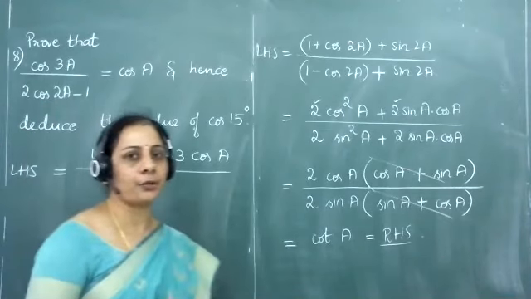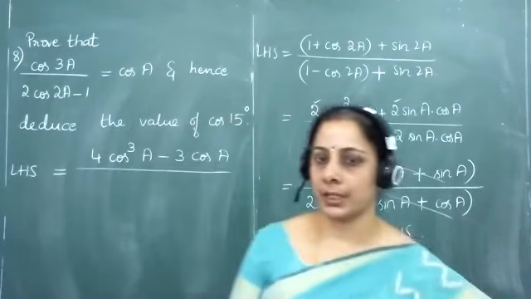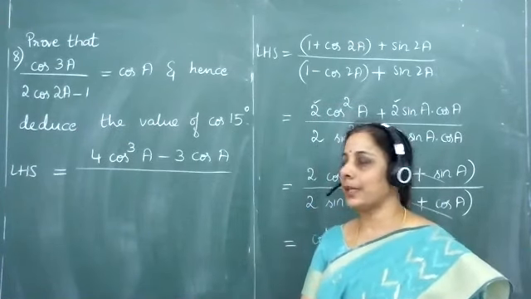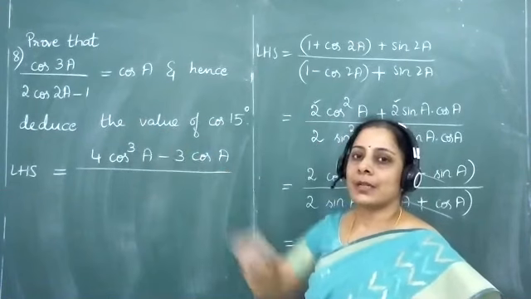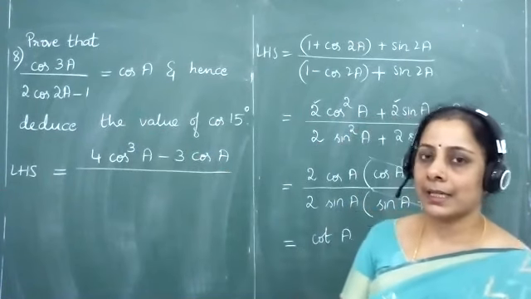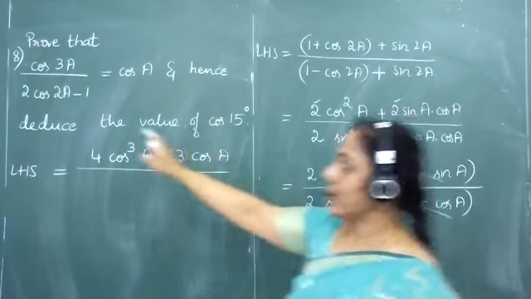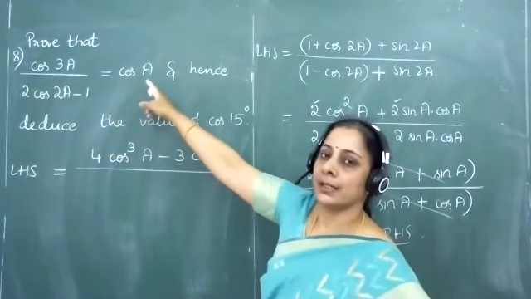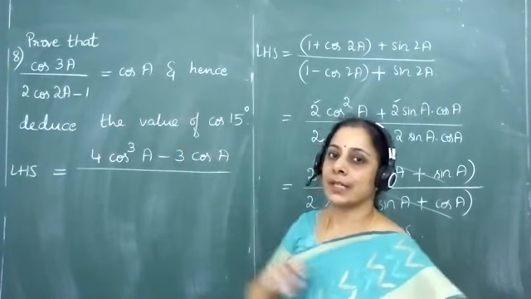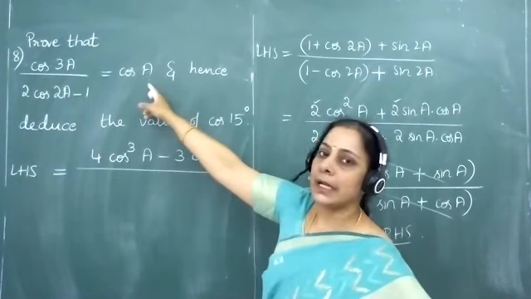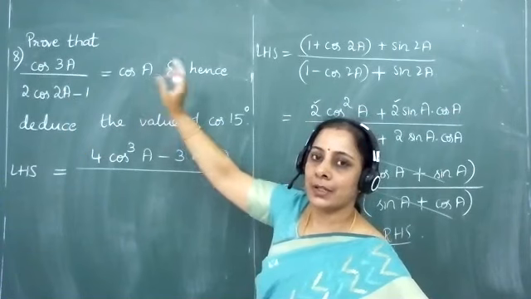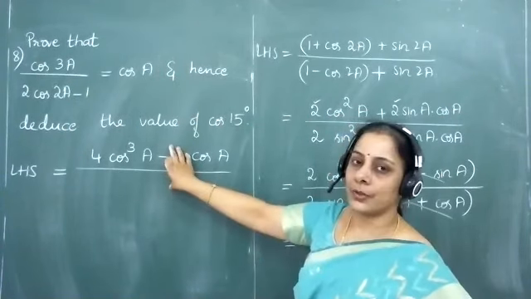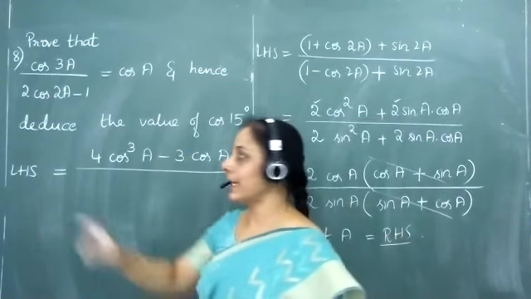If you have sin 2A, you will be left with no option. If you have tan 2A, again you have got only one choice. Problem arises only when there is cos 2A as an expression. So whenever this kind of a question appears, you will have to get the answer according to the RHS which is required. And here we need the RHS as cos A. Only a cosine term is to be given here in the reduced form, so we have to take that as a hint.